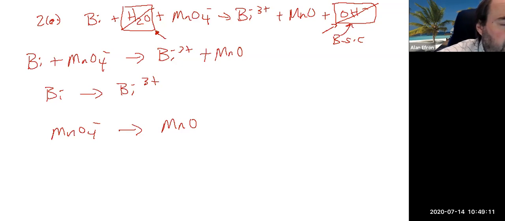And tomorrow's experiment, which has to do with oxidation of iron, may require you to do some of this type of balancing as well. All right, so officially it will be due tomorrow. Please work on it for the rest of the time. If you have any questions, please feel free to